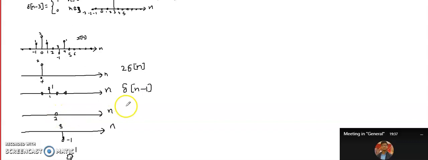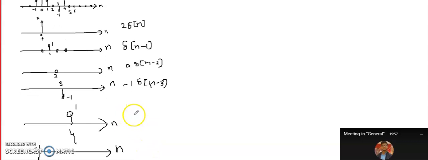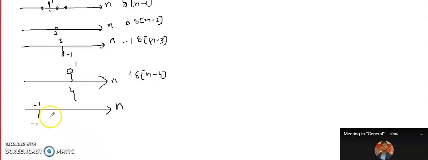Delta n minus 1. Similarly, this is 0 times delta n minus 2, क्योंकि इसका एम्पलीट्यूड 0 है, डेल्टा n माइनस 2 पे. इसका एम्पलीट्यूड कितना है? -1. कहाँ पे? डेल्टा n माइनस 3. n माइनस 3 पे इसकी वैल्यू -1 है, फिर इसकी वैल्यू 1 है, 1 डेल्टा n माइनस 4, और इसको हम लिख सकते हैं -1 टाइम्स डेल्टा n प्लस 1, क्योंकि ये लेफ्ट हैंड साइड पे है 0 पे. ओके,